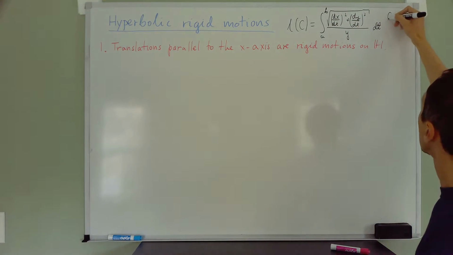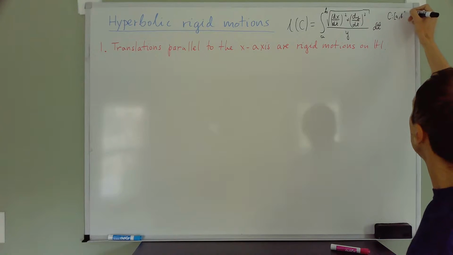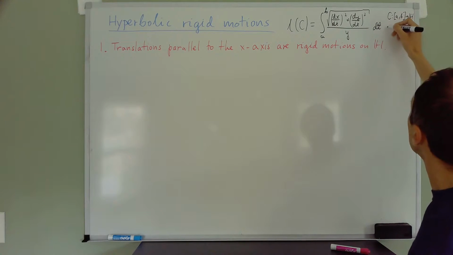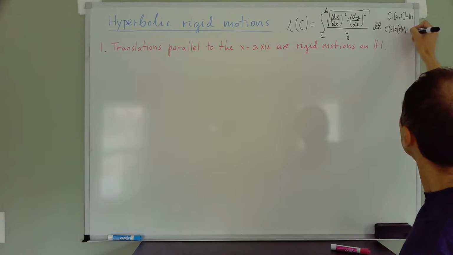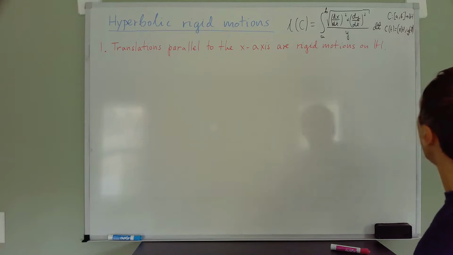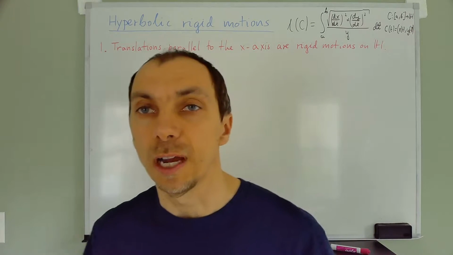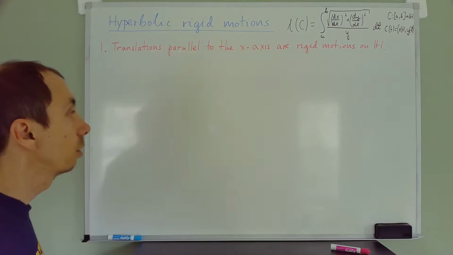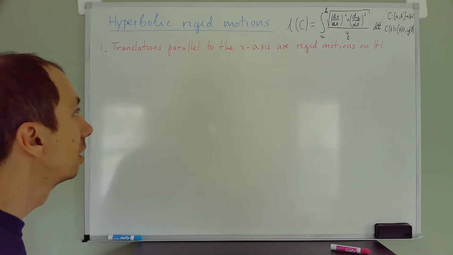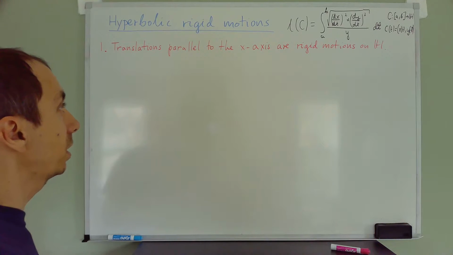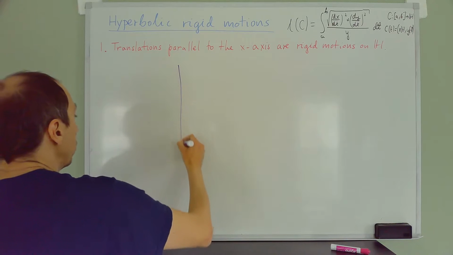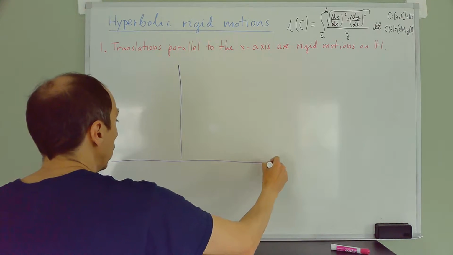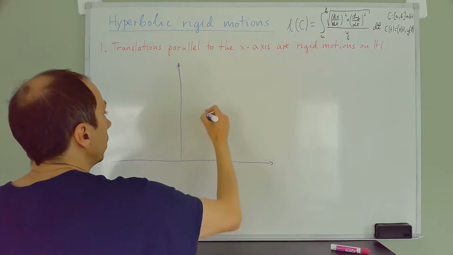Right, where this curve is a curve from A B to H, and is given by 2 coordinates, x of t and y of t. And remember, for us curves are always smooth, so these derivatives do make sense. Okay, so this one is particularly easy. So suppose I take, so here's a hyperbolic plane, and I take 2 points